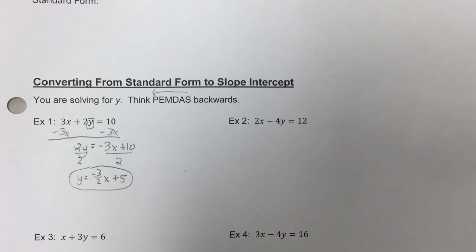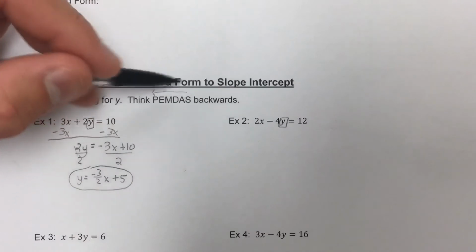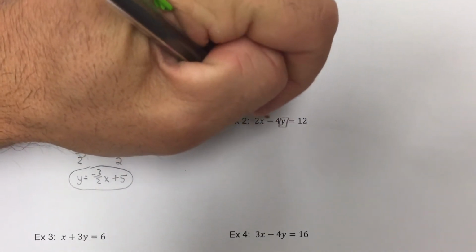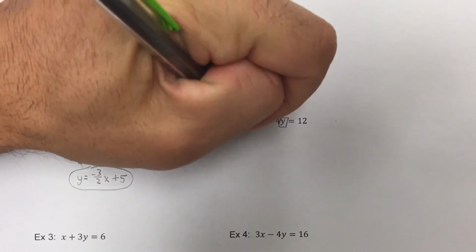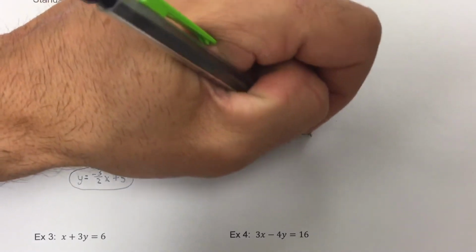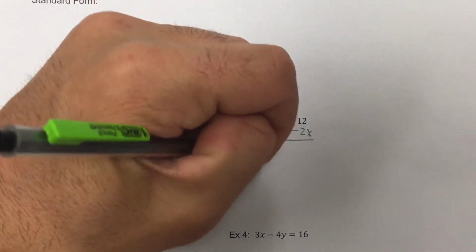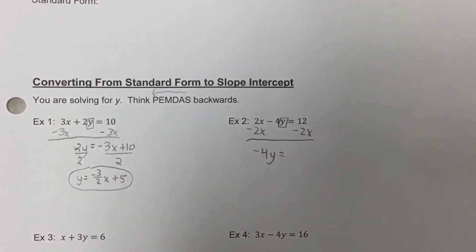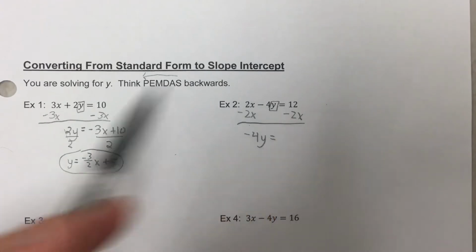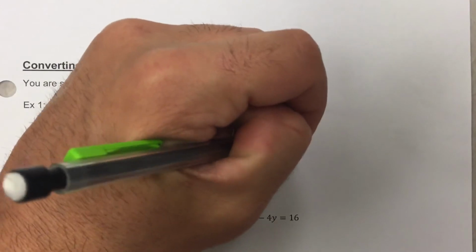All right, if we look at example 2, again, I'm trying to get the y by itself. So I undo addition, subtraction. So I'm undoing what's being added to that y. So it's a positive 2y, so I'm going to subtract, positive 2x being added. So I'm subtracting 2x. So I have negative 4y. Remember, these are not like terms. Negative 2x and a positive 12 are not like terms, so I'm going to leave it as negative 2x plus